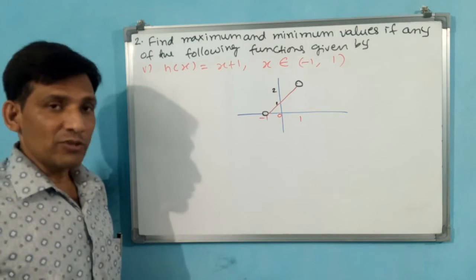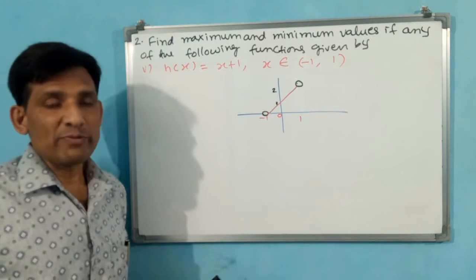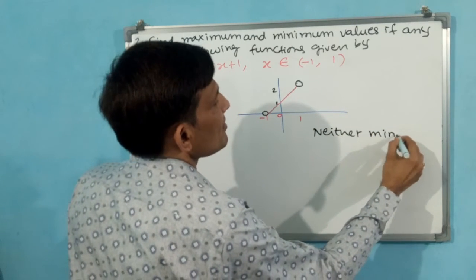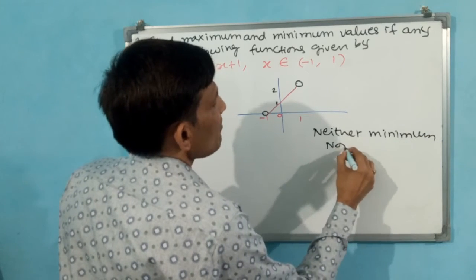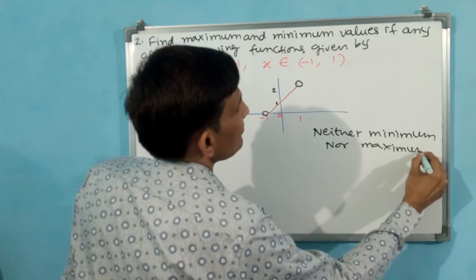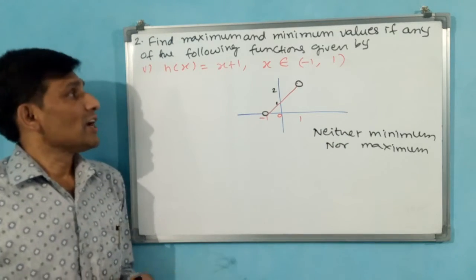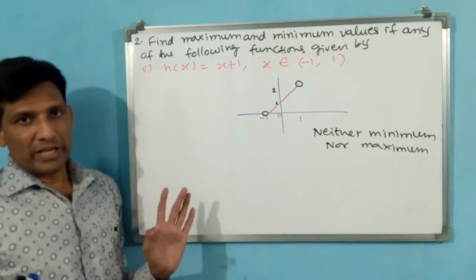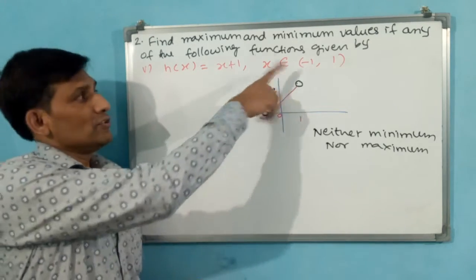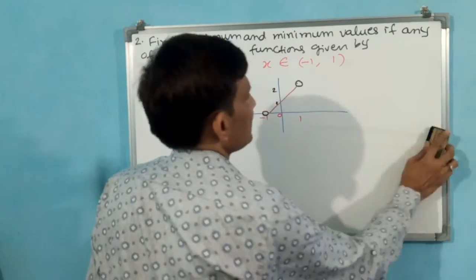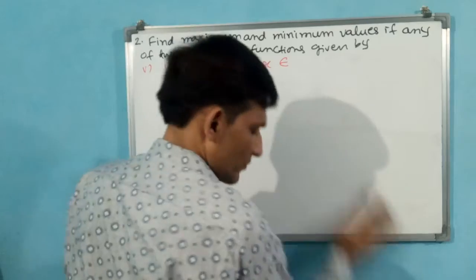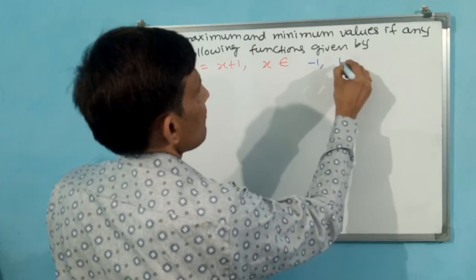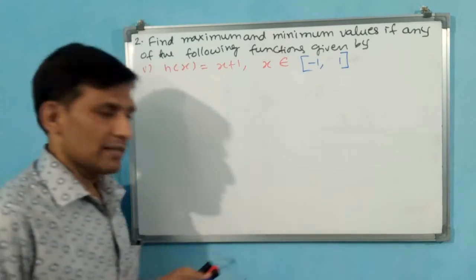That is why, for this question, you have to answer that there is no maximum value or minimum value, or else you write like this: neither minimum nor maximum values are existing, and close this question. Okay, over. Now I am changing this interval and you observe what will happen. Changing means not the values. The values I am writing same, -1 and 1 only, but now I am keeping this as a closed interval.